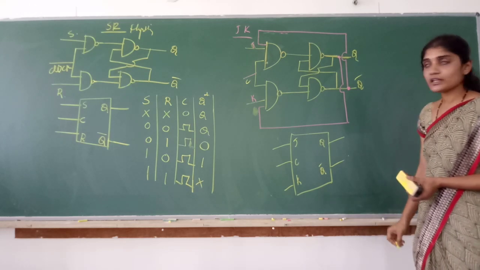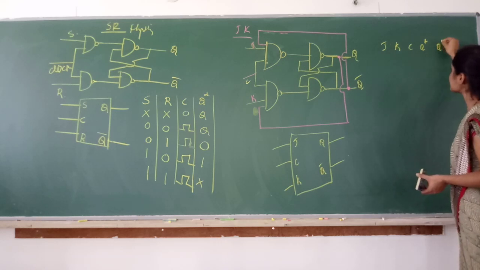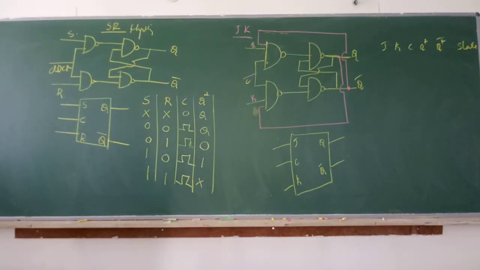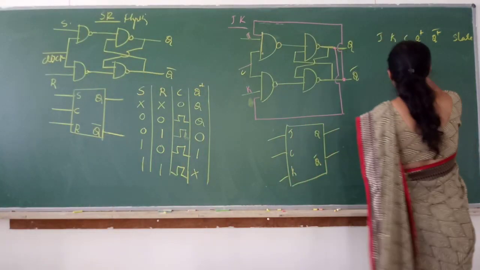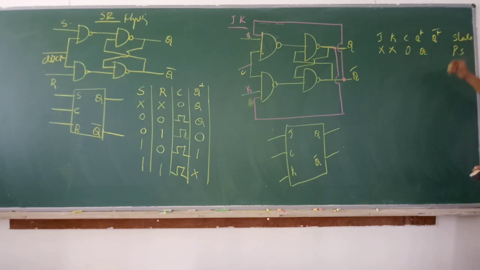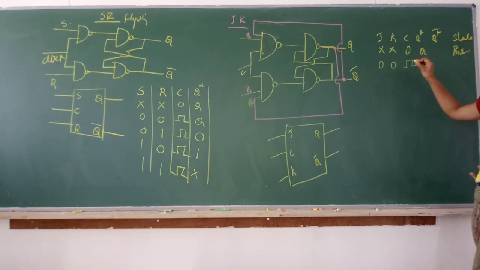Now let us write the function table. So function table: J, K, clock, Q plus bar, state. So if clock is 0, whatever input you give, it is previous state. Correct? Previous state. So if you are giving the clock pulse, J 0, K 0...